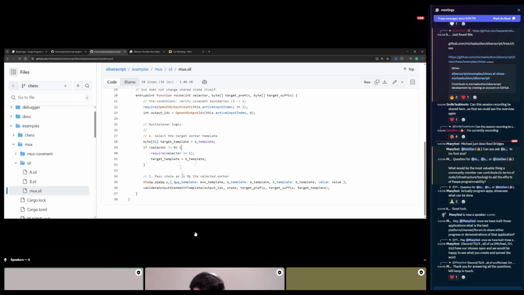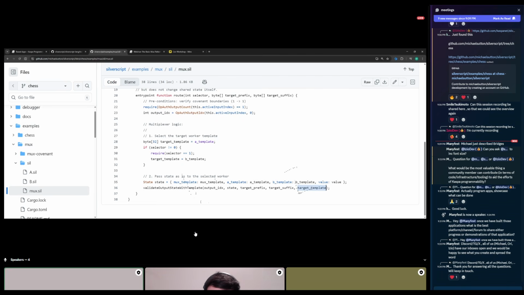And then I compose the state I want to move into. It has the same templates and same value. So the state isn't changing, but I'm passing authority to a different script essentially now. I'm validating. Instead of what we saw before, which was only validate output state, and it only received an output index and a state, and it verified that the next output has this state and this script we're in now, the validate output state with template is saying, okay, I want this output at index, output IDX, to have this state and to belong to this template.